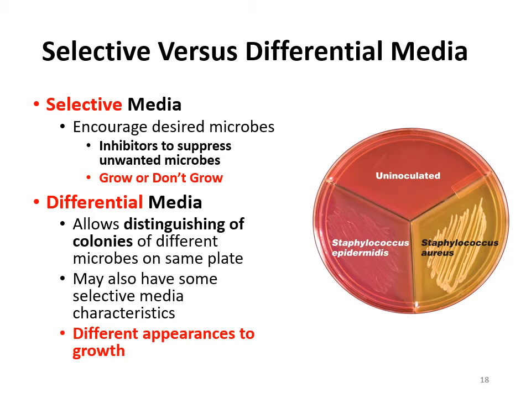And that's critical when you want to distinguish pathogens, because when you look at that plate on the screen, well, Staph epidermidis looks red, but Staph aureus looks yellow. Well, what do you know about Staph epidermidis? Epidermis, skin. It's a normal flora on your skin. Whereas Staph aureus, well, when you hear MRSA, you get scared because Staph aureus is a bad pathogen. Okay, so you want to have media that can quickly tell you which of these two